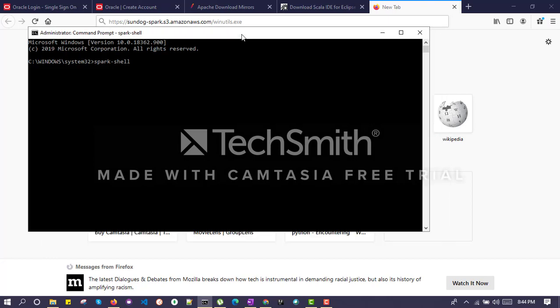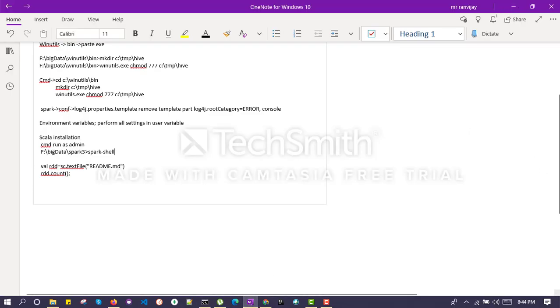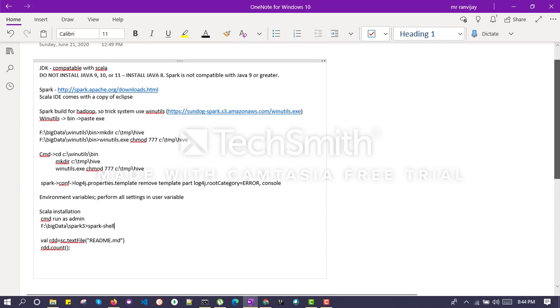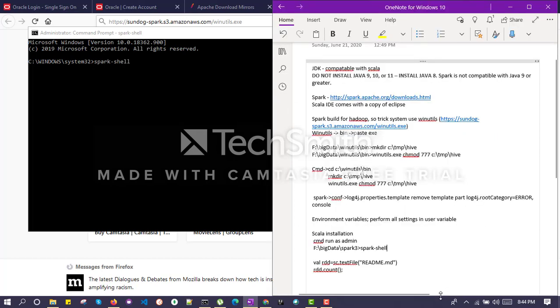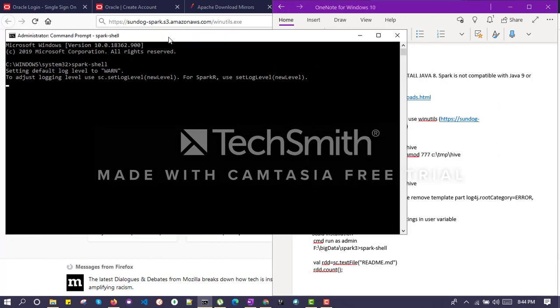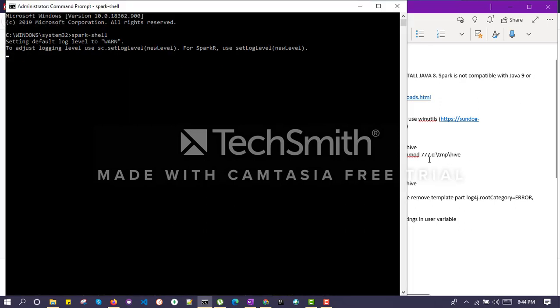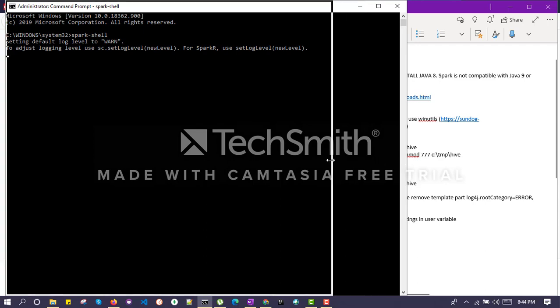Just give some time, it will take some time to launch. As a note, I have mentioned this thing, you can refer to this file over here. Just go through this one and you will be able to do all the settings. It's taking a bit of time, but it somehow launched. Just give some more minutes, it will launch eventually.